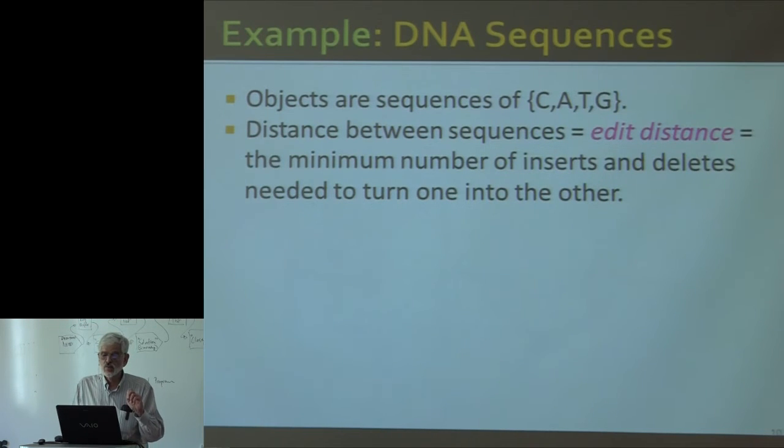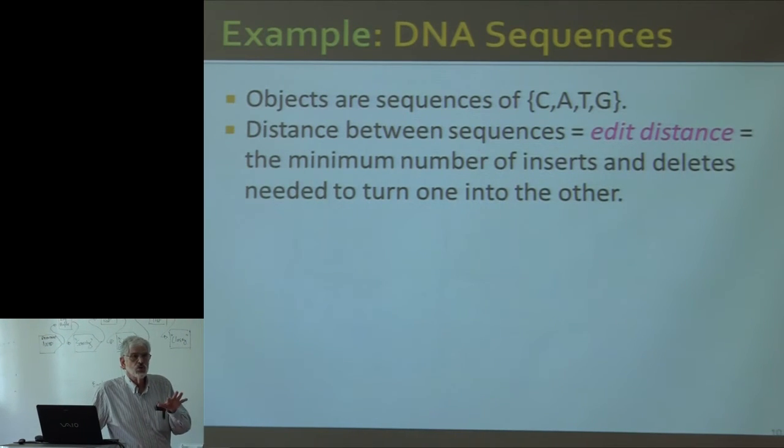In the case of these biological applications, you often want to have certain other operations that are low cost. For example, taking a segment out of one string, reversing it and putting it back is an easy thing for chromosomes to do. So you might want to give that a small distance. But anyway, again, the point is,